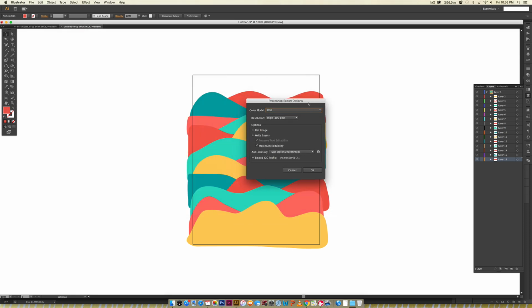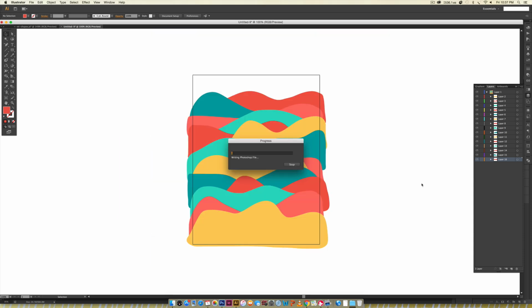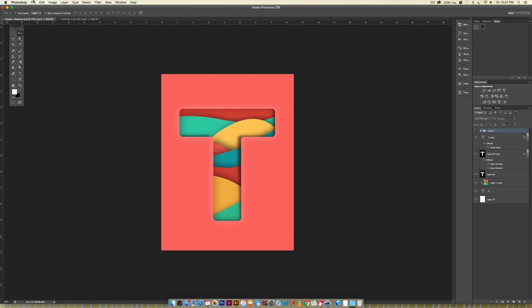And then when this dialog box shows up, color model is totally fine at RGB. We want this to be 300. This is the most important part right here though. Write layers, make sure this little bullet is toggled on, and then you're just gonna hit OK. And after this is saved, it doesn't really take that long, you're just gonna come into Photoshop, and we're gonna go File,